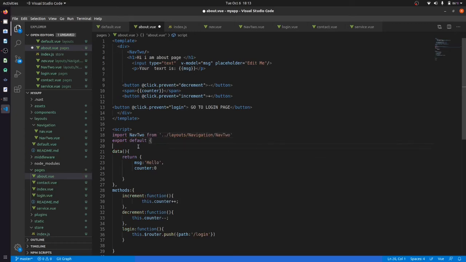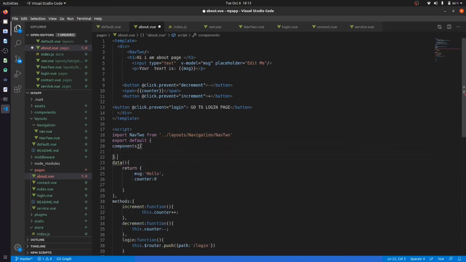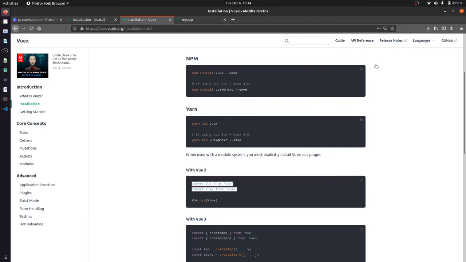After that we have components, and we give the name nav2, copy and paste. Now if I save this, let's see what it gives.